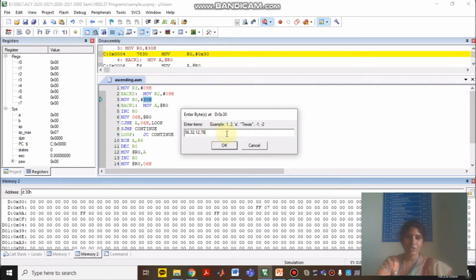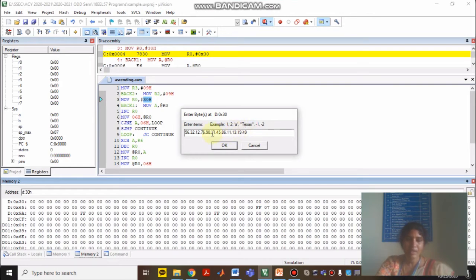I will show after entering the data: 76, 90, 31, 45, 86, 11, 13, 19, 49. Consider I had given this data. It is in the 30th location, 31, 32, 33, 34, 35, 36, 37, 38, 39. Like that I have given.